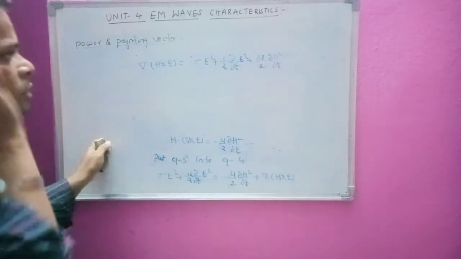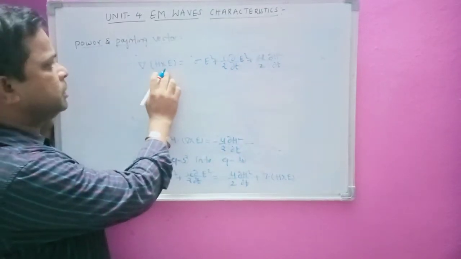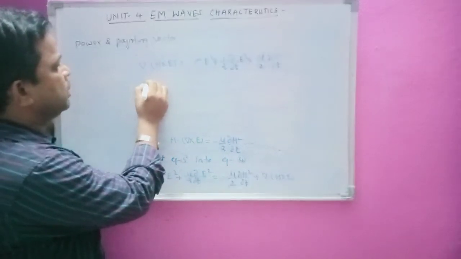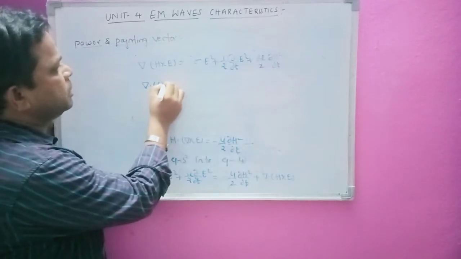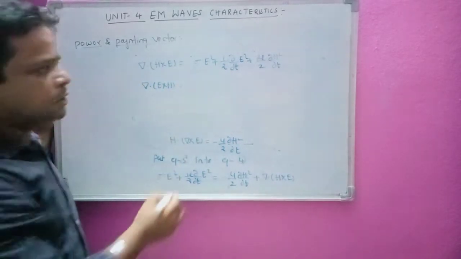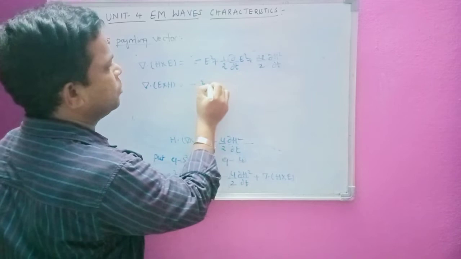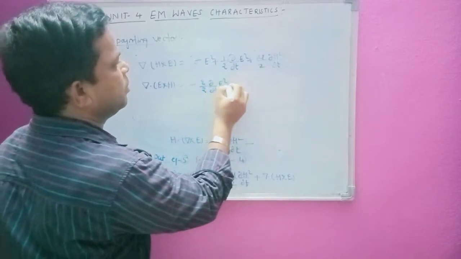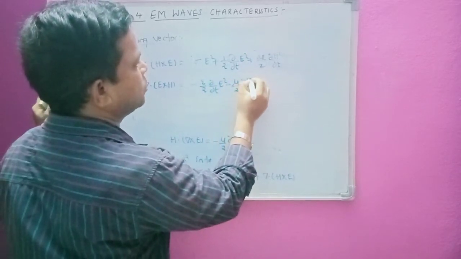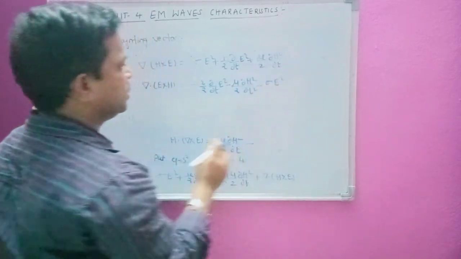Now we have got this equation in this form. If I interchange H, we know that A cross B is equal to minus B cross A. So I will take del dot (E cross H), and I will send the minus to the right hand side. So I can write this equation as minus epsilon by 2 ∂/∂t of E square plus mu by 2 ∂H square by ∂t minus sigma E square. Okay, that is what I get here.